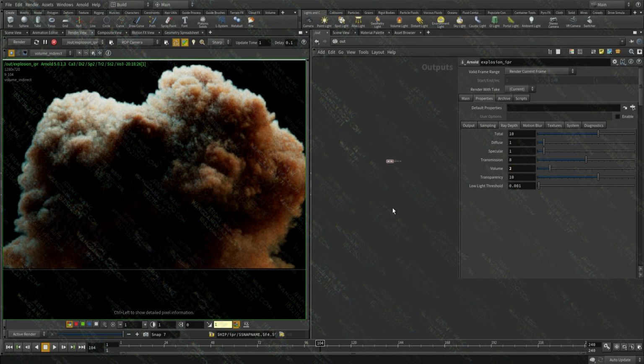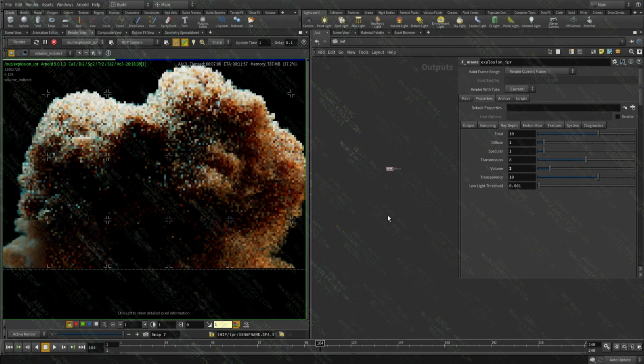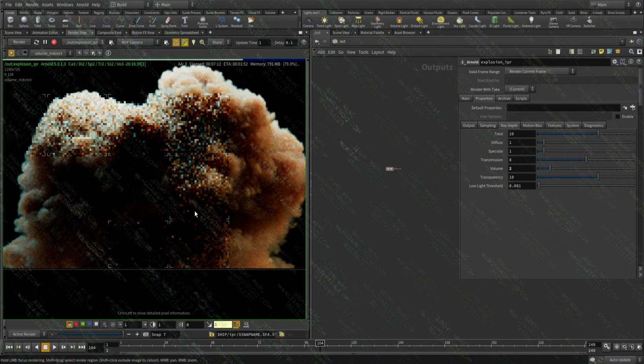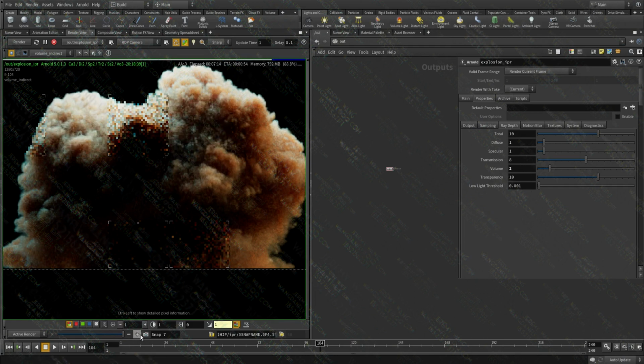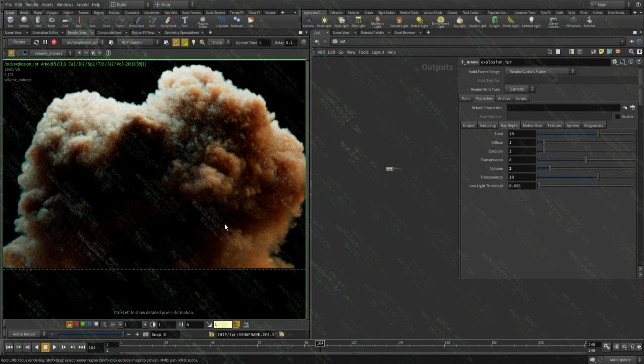Two. And the higher the value, the slower the render time is going to be. But between 5 and 10, the increase in render time is not linear anymore. There's not a huge difference between 5 and 10, and probably 5 and 20 or higher.